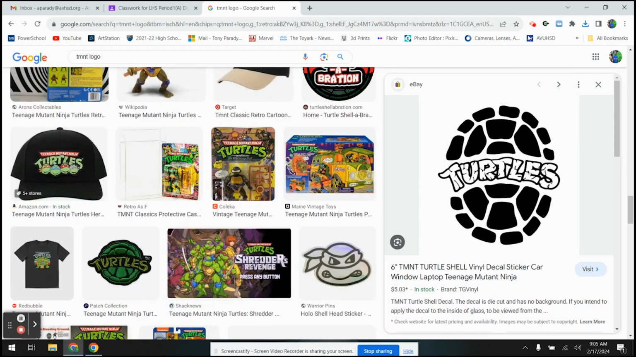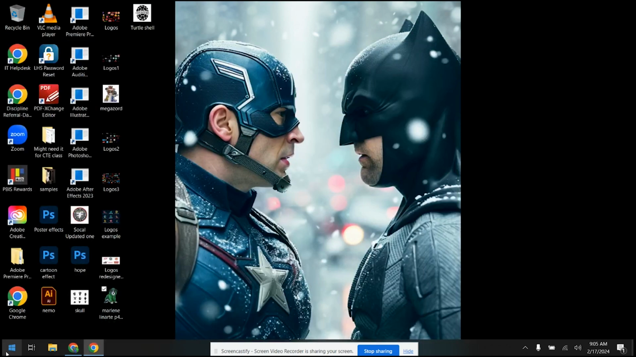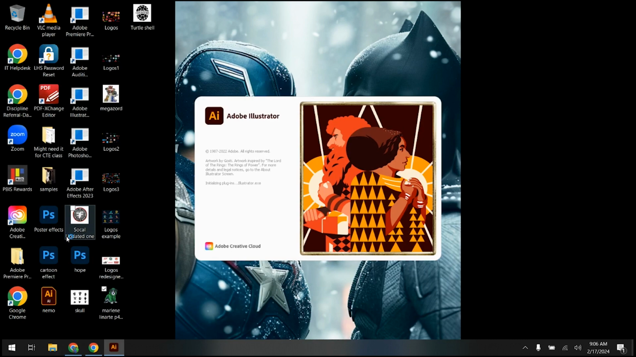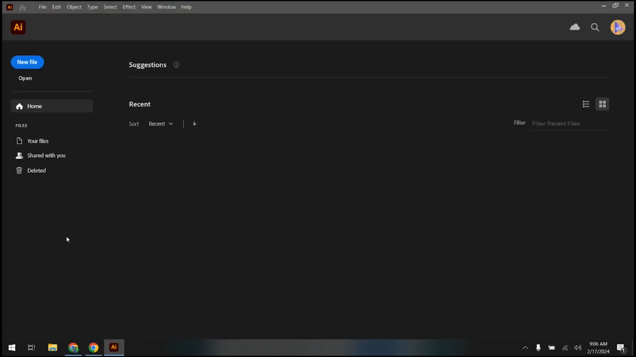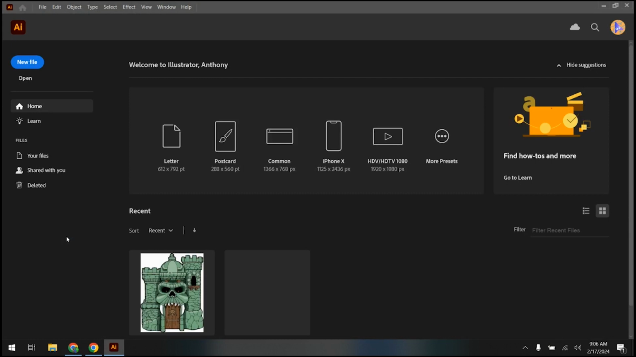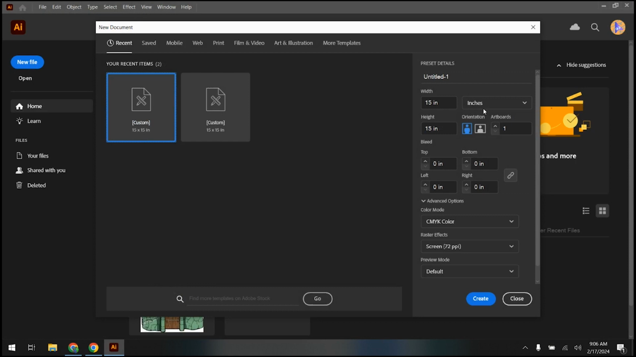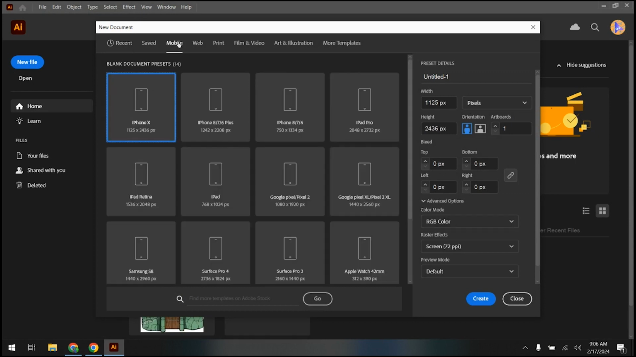So the very first thing that I want to do is minimize that. Go into here, go into Illustrator. Now keep in mind, I've already done CTM, Coach Tony Media ones. This is just an example of if I was starting fresh. Okay. I'm going to go new file, 15 by 15 inches, CMYK color. So if that's not there, I'm going to go mobile. Okay. Set this to inches,